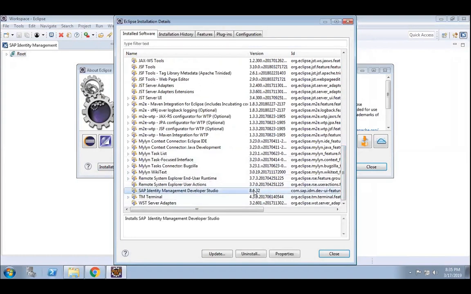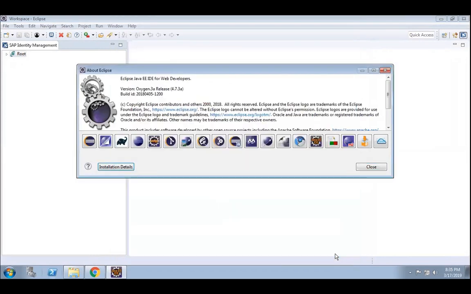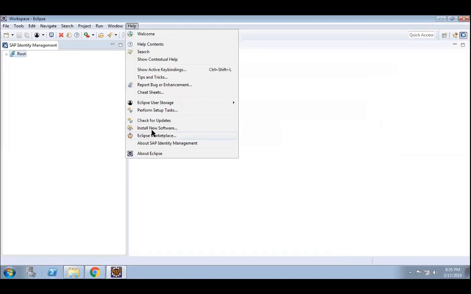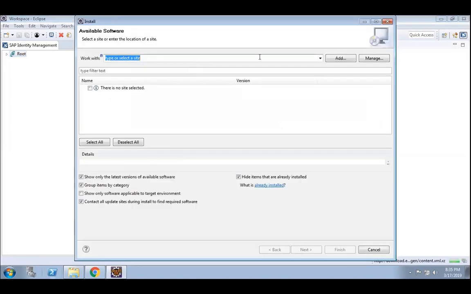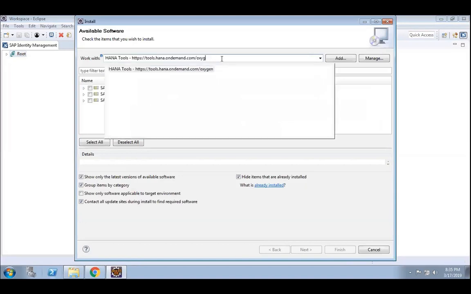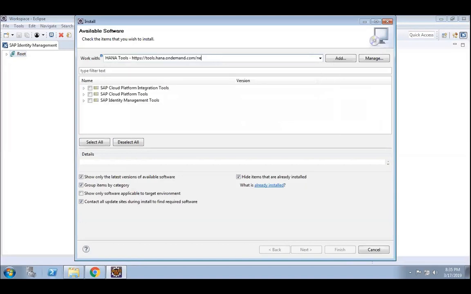This is the version 8.6.32. Okay. 8.6 won't be compatible with Eclipse Oxygen? I believe so. Then what do we have to get? We can't downgrade the version, right? Yes, we can. Oxygen. Neon.